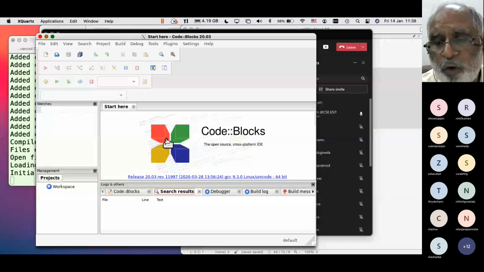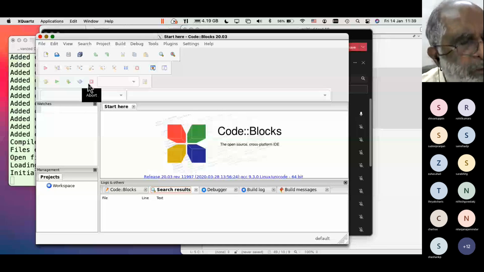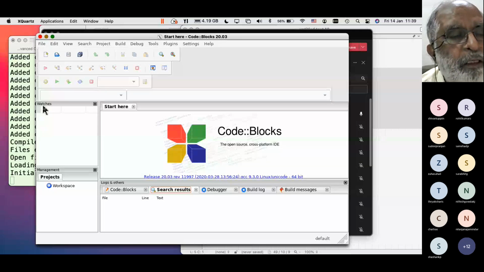You're able to see my code block window? Yes, sir. So now the question is, how do you want to pass command line arguments and how do you run a debug program? And let's say